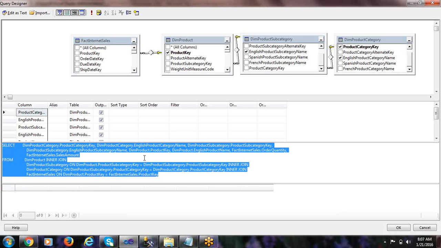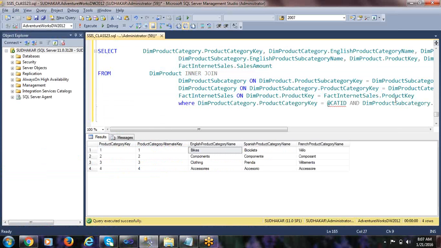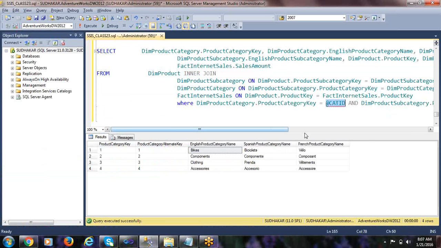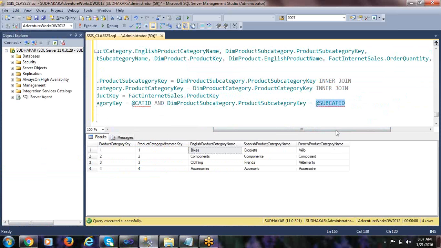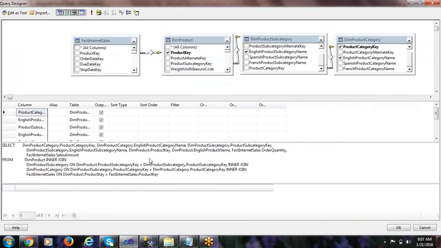But how do you provide the where condition here? Here I have written it manually, then I provided the cat ID and subcat ID, right? So two parameters have been created here by writing the where condition. Here also you can provide the filter where condition. See, here you have an option called filter.